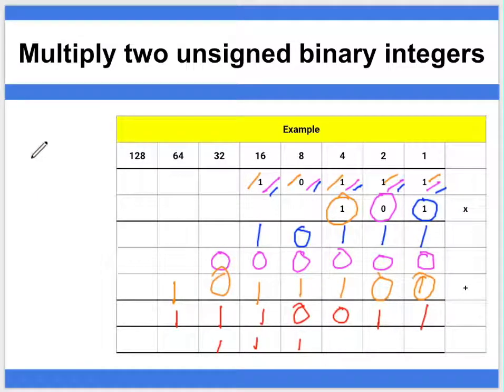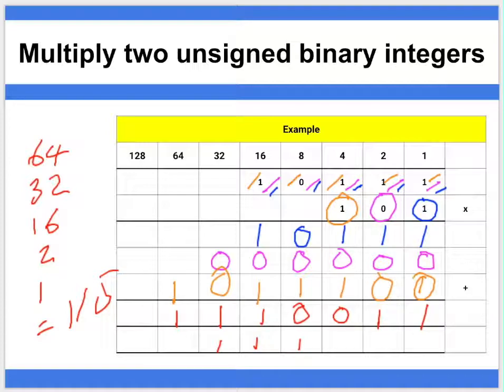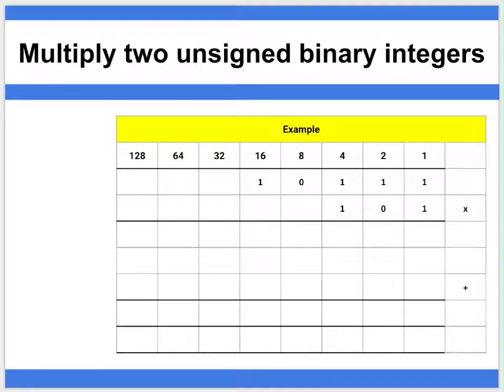So my final answer is going to be a 64 and a 32. I'm going to have a 16, it's looking good so far, 112 plus 2 plus 1 gives me an answer of 115. So what you're now going to do is have a look at doing the next couple,